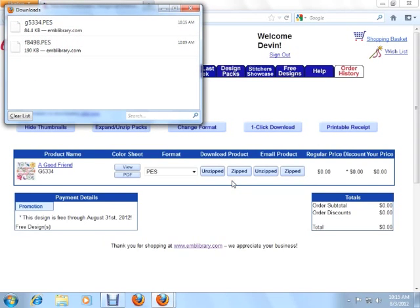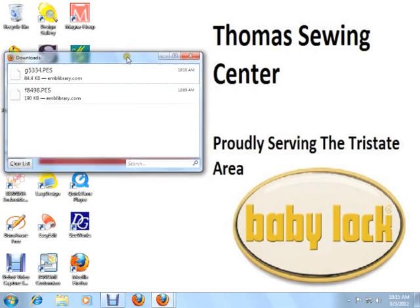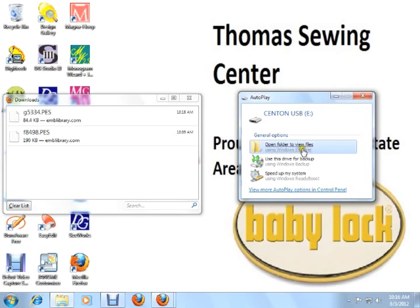It's going to download into your downloads folder, as you can see, and from this point the easiest thing to do to get it on your machine is to just simply minimize the main browser screen and leave this one up. Okay, so you're going to want to minimize this and get that out of the way. So the design that you recently downloaded is near the top of the downloads folder, and from this point you want to go ahead and insert your flash drive into the computer. Okay, this will pop up, and what you're going to want to do is open the folder to view your files. So you go ahead and click on that,